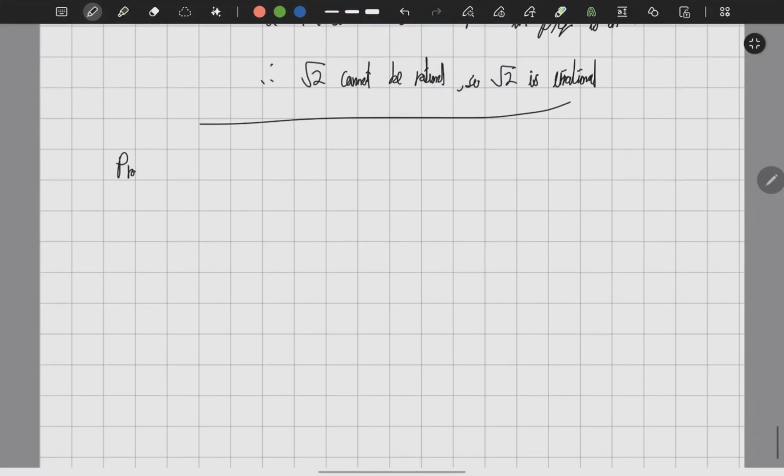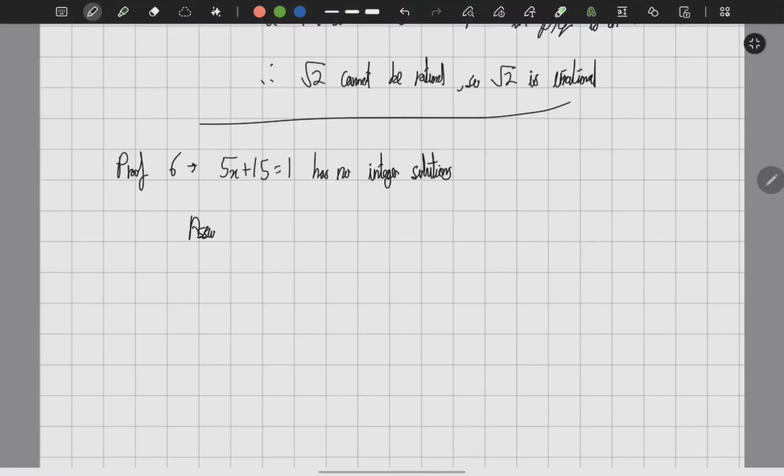So proof 6, this is a proof by contradiction. This could be any equation, by the way. This is just like a generic one. Proof by contradiction: 5x plus 15 equals 1 has no integer solutions. So first of all, our negation,